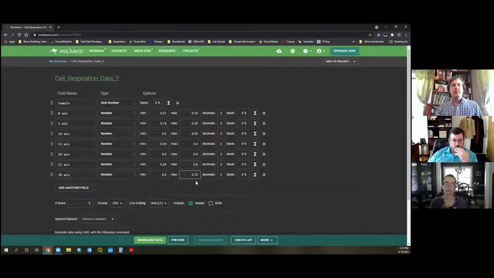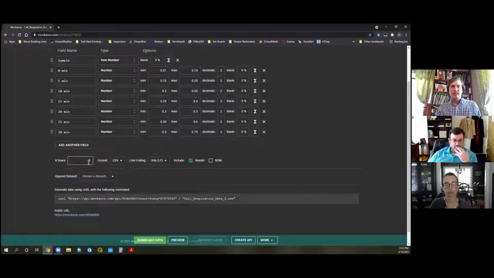And all the way up to a maximum of 0.75 in the last measurement. But notice the minimum is 0.3, so it didn't change that much, but I wanted there to be fluctuation. So I built the ranges so that they could do this and fluctuate. There's only 3 samples that they measure over these 30 minutes.